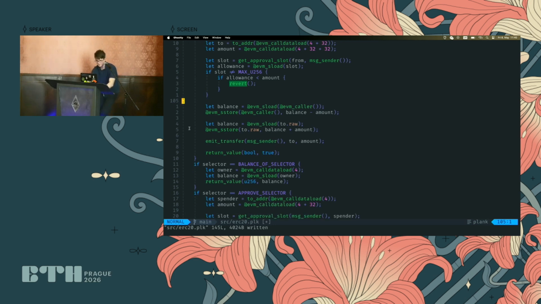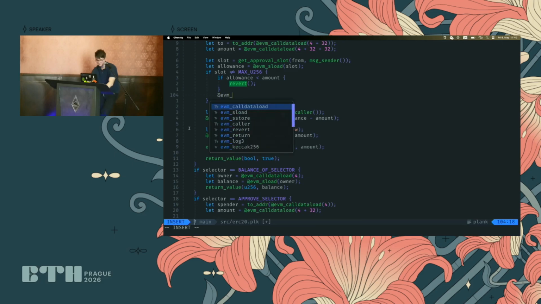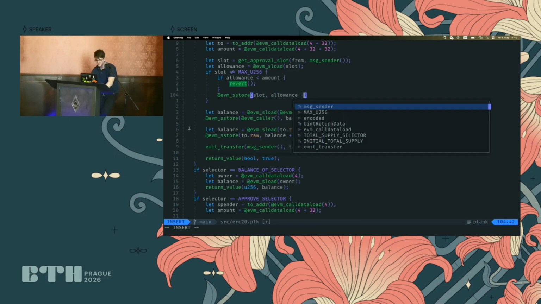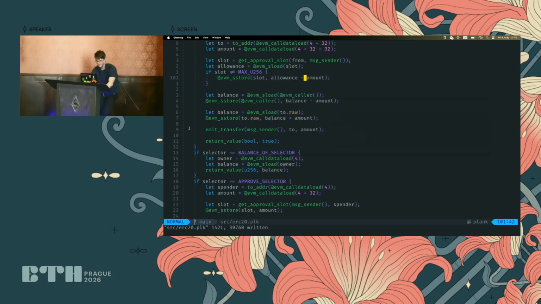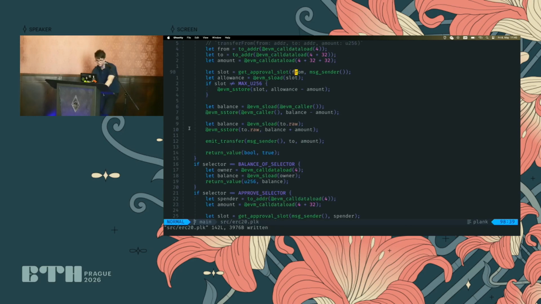Then we want to update the allowance here at the slot. We do allowance minus amount. But we already checked it, so actually we can just do that. And actually the minus already does the less than check. So I think the safest version is just literally storing here the updated allowance. And if it's too small, it'll just revert because of the checked arithmetic.